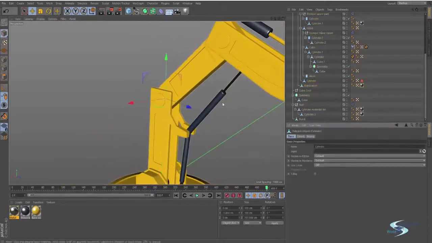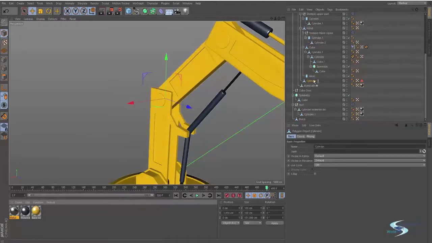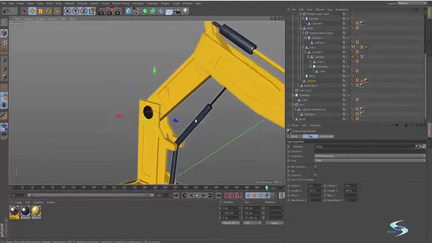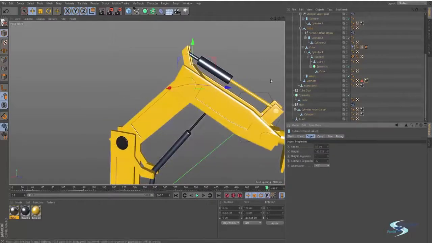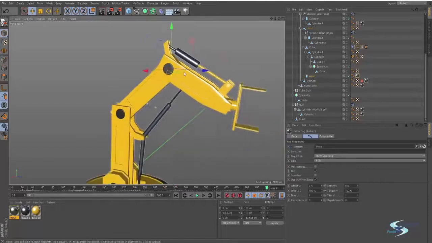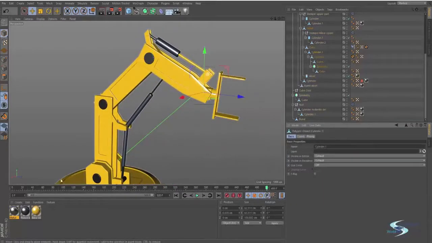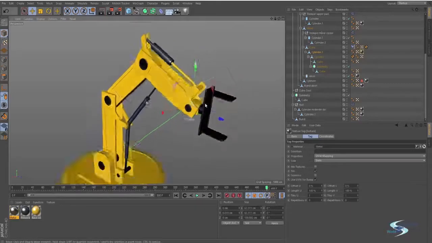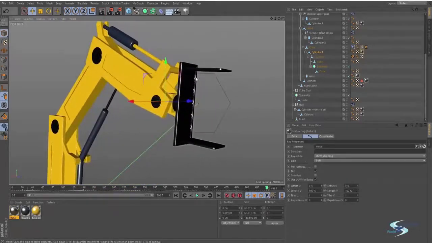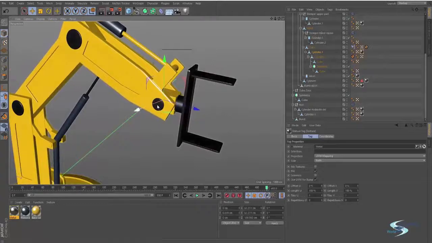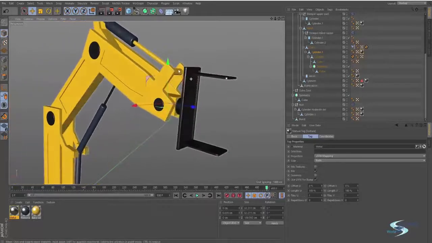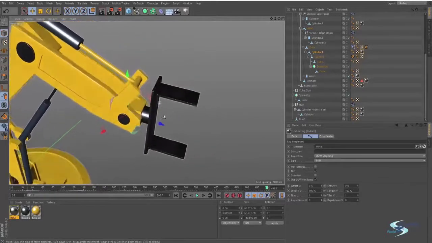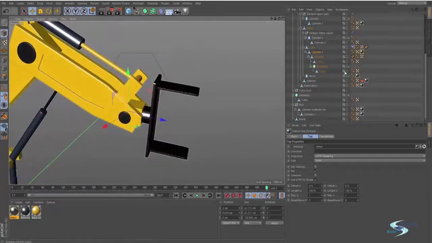Double click and the object will show up in the object panel. I can just drag it onto the object like that. Double click once again and I have the axle, drag it onto the object. And I'm basically just doing this for all these objects. So as you can see, when I put this onto this cylinder, it added the material to all the other parts. And that's basically because they are